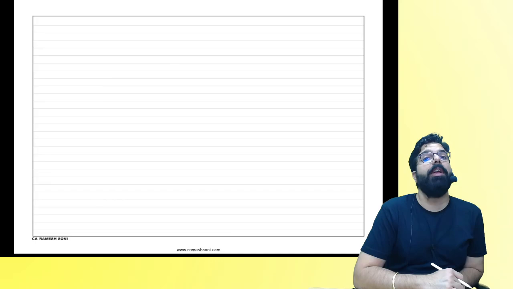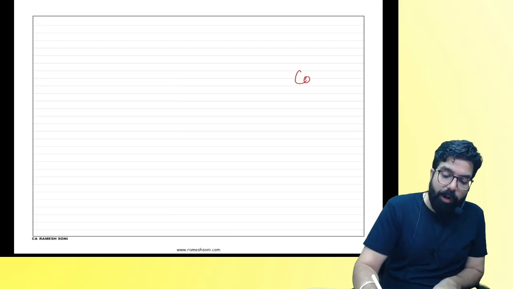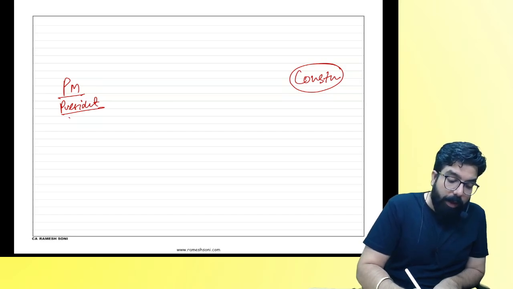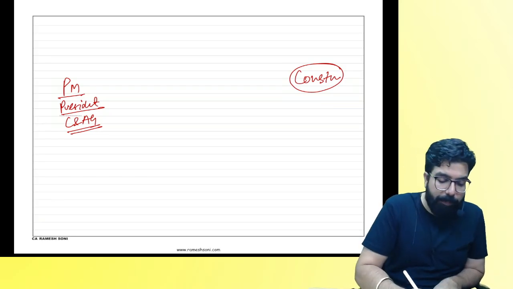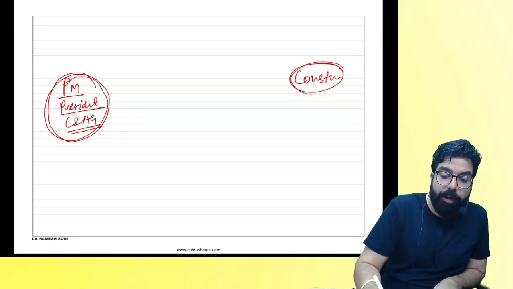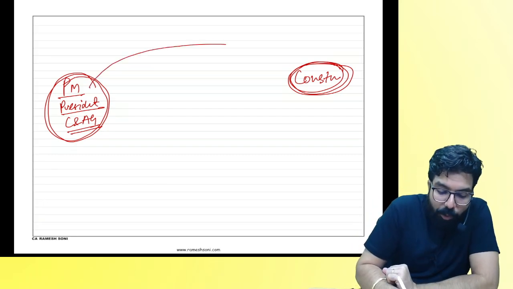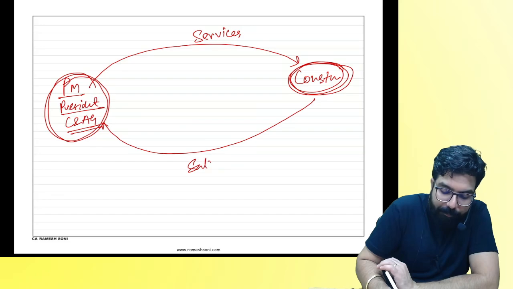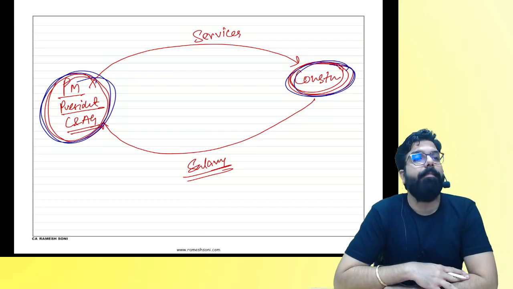Who is holding a post under the Constitution of India, like the Prime Minister. Is he holding a post under the Constitution of India? Prime Minister, President, then the Controller and Auditor General, you know, C&AG. Are we clear? All these people are holding a post under the Constitution. The Prime Minister is giving his services to the Constitution, and he is being given what, everyone? Salary. My question over here,